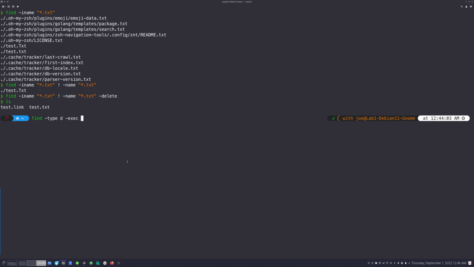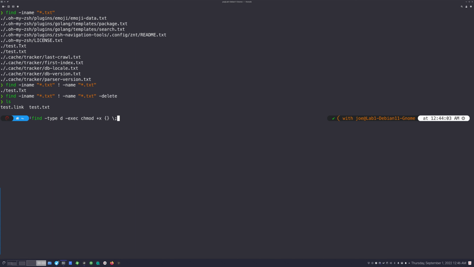So now what I can do is, I said we wanted to do a chmod. We'll do a +x, and then we'll do the curly brackets, and then we'll do a backslash, and then a semicolon. Okay. Now that probably looks very cryptic, especially if you're a new Linux user. You may recognize the chmod command. What this is effectively going to do is find all files below the current directory that I'm in, all directories effectively, all files that are directories, and add the execute privilege to those files. Now why is it going to do that? Let me break this down for you, okay?